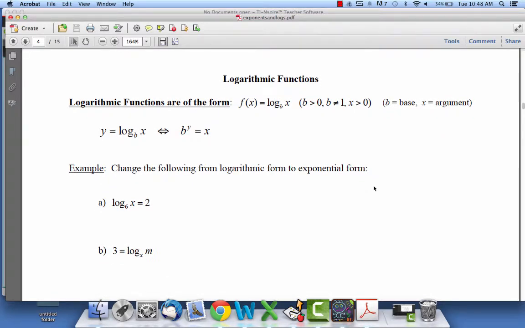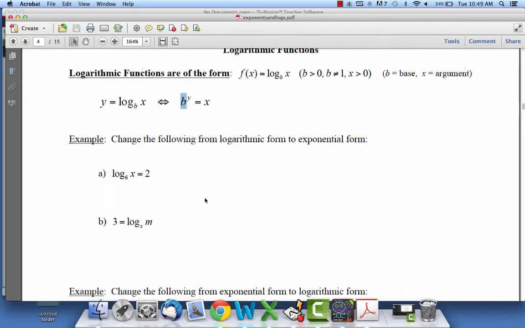Okay, so logarithmic functions are the inverses of exponential functions. So if you have b to the y equals x, y is the exponent, y is the log is the exponent. Okay, so logs are exponents. So if you look at this and say, to what power would I have to take b to get x? That's log sub b of x. The bases will match. It's called a base in both cases. So to just change them back and forth,